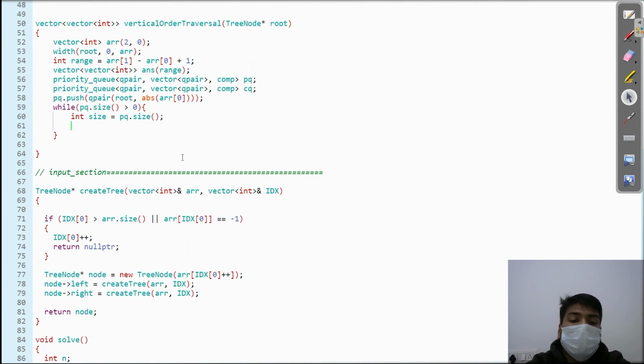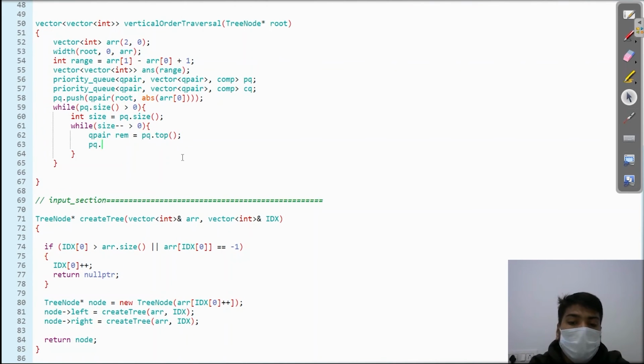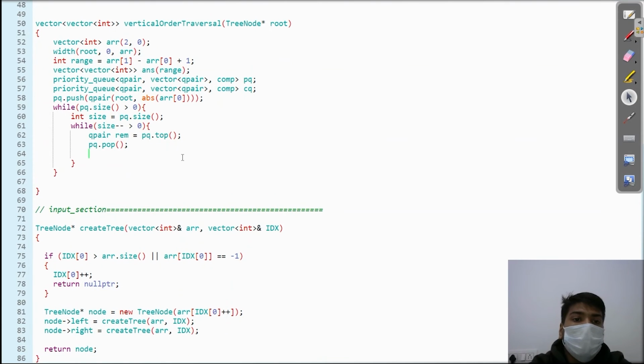And after that I do the work while size minus minus is greater than 0, till then I'll do the work. And what work I'll do, I'll first of all get my q pair rem is equals to pq.top. First of all remove it, that means pq.pop, then the work is